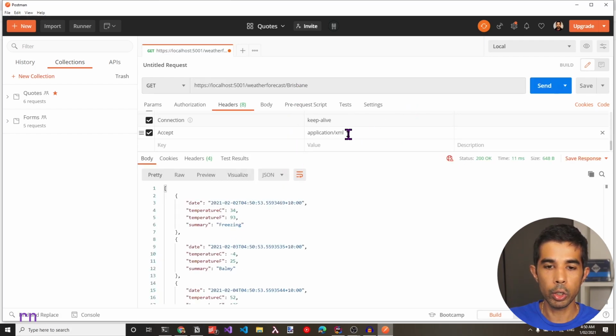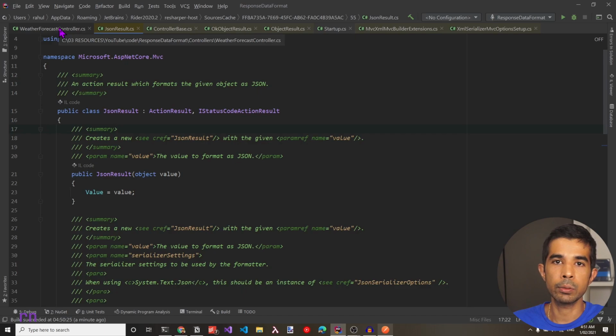However, if we are going to make an XML request, this is still going to return us the data in the JSON format. This is because we are explicitly returning it as a JSON result. That endpoint doesn't support content negotiation, which is why we still don't see the 406 error as in the previous case. We had seen that we had to explicitly set the Accept header using Postman because that's how the content negotiation happens. Now we can use certain filters that can be set via the URL.